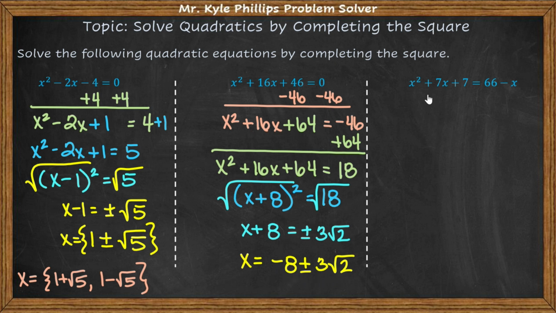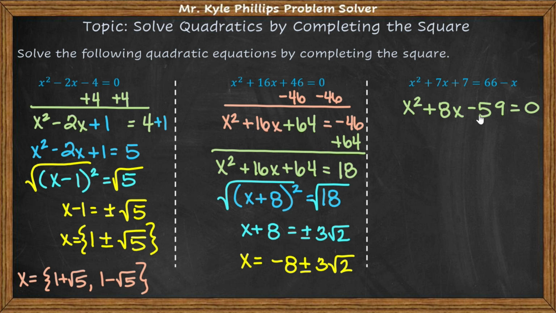All right, last example. Again, we want this in standard form. So we have x squared. We're going to add the x over here. So that gives us 8x. And then this 66 needs to come over here. So 7 minus 66 is going to be negative 59. Can I come up with factors of 59 that subtract to give me 8? No, we cannot. So as it stands, this is not factorable, but we can still find the solutions by creating